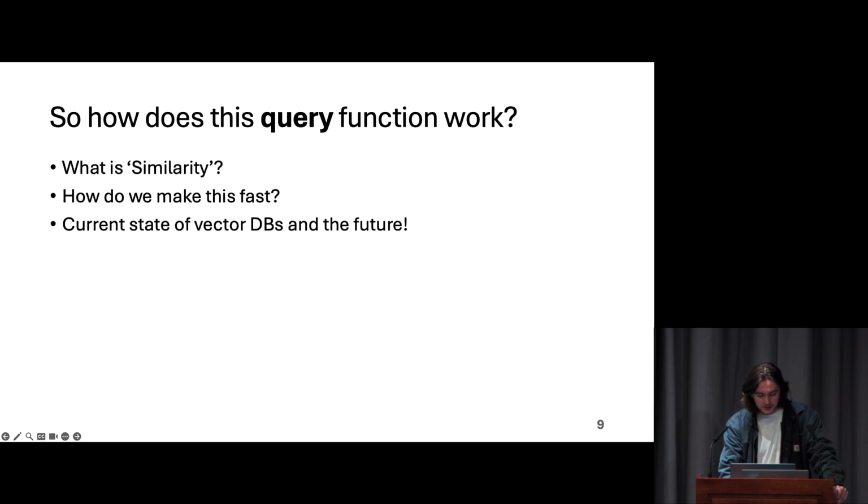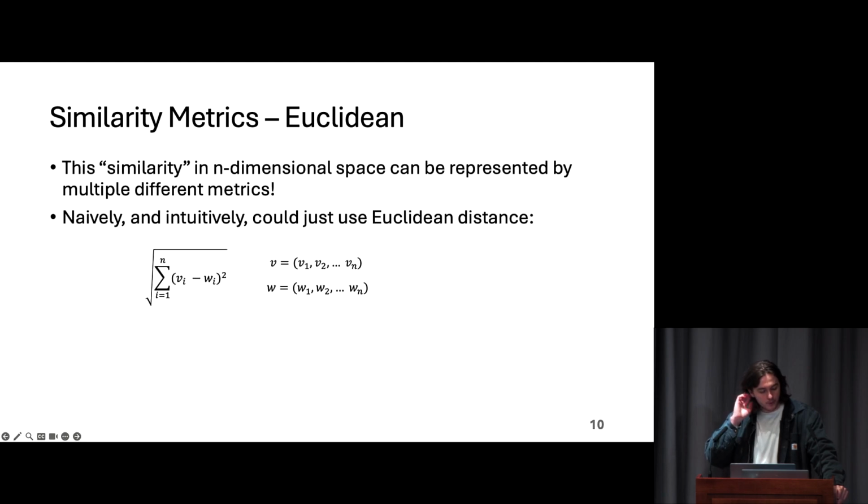So cool. I think the most intuitive similarity metric would be, okay, if we consider 2 vectors in ND space, they are similar if they're close together. Yes, that makes sense to me. So we can use Euclidean distance. Very, very simple. The problem is that, so this is used a lot, but often empirically, embedding models have better